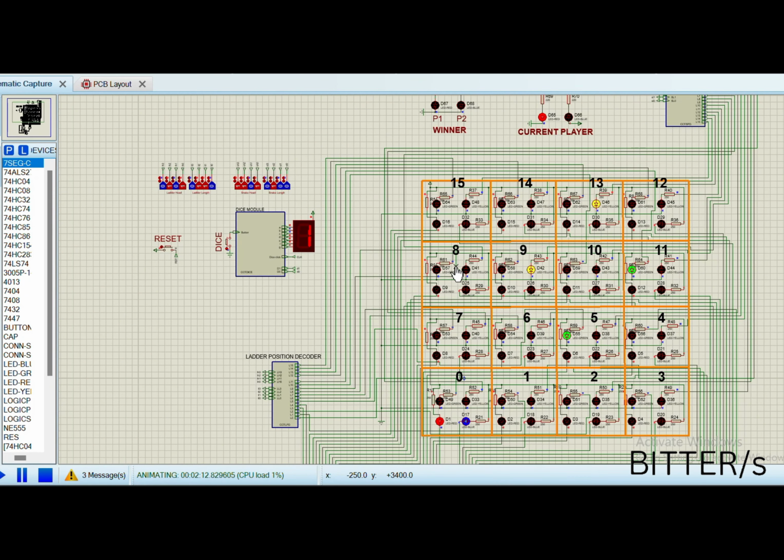So starting the game, we click on the push button of the dice module and then roll the dice. So the dice showed 1 and player 1 moved 1 step ahead. As we are playing, we can see that the player selector module is now set at the blue LED, indicating player 2 is now selected. So whatever the value of the dice will be showing here, this player will be moving that many steps ahead. So if we proceed as it is,